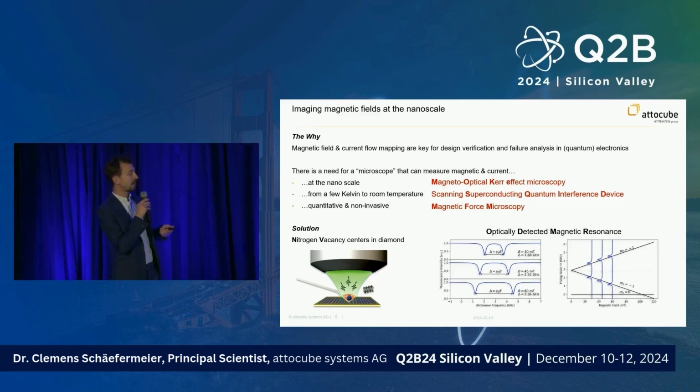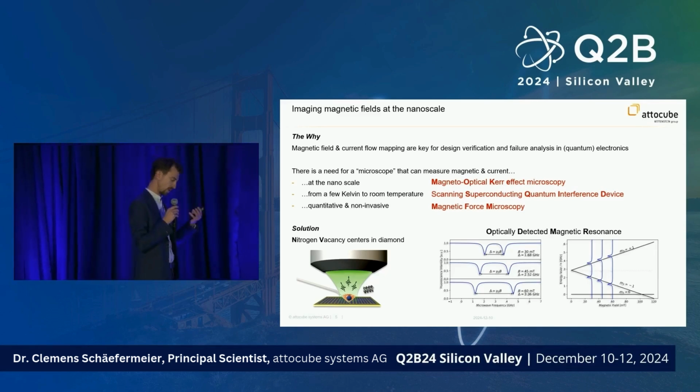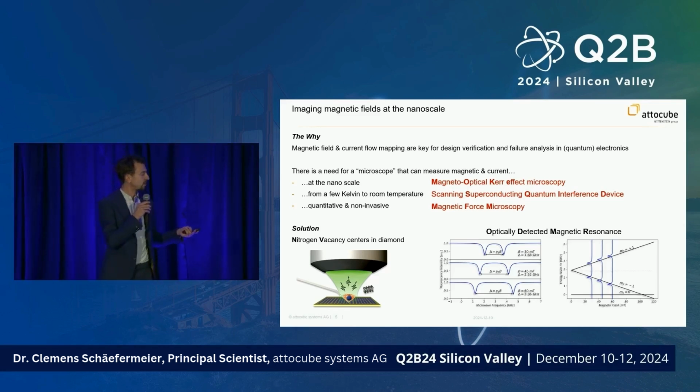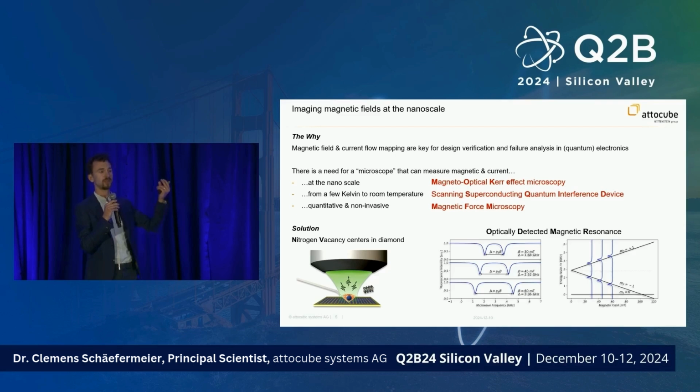So this artificial atom is sensitive to magnetic fields. And the way you ask the NV center how strong the magnetic field is, is by illuminating and exciting it with a laser, and you are measuring the fluorescence at the same time. While you're doing it, you have a radio frequency, a microwave source close by, and you're changing the frequency of that microwave source. And at some point, the fluorescence will break down.